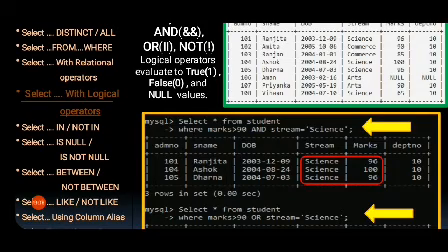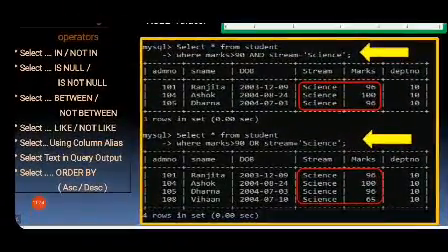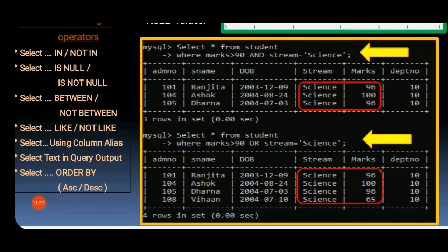So if marks greater than 90 and stream equal to science, then you have got this following table, right? In the same way, if you want select star from student where marks less than 90 or stream science, so either marks less than 90 or stream science, you will get this one, the whole resultant set.